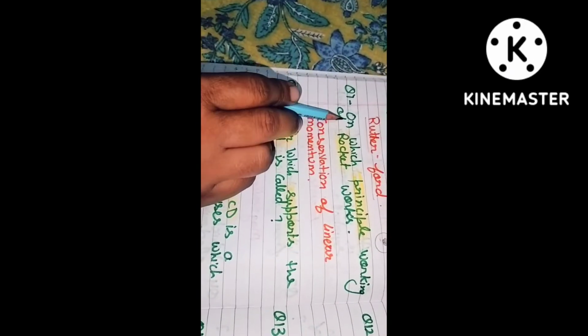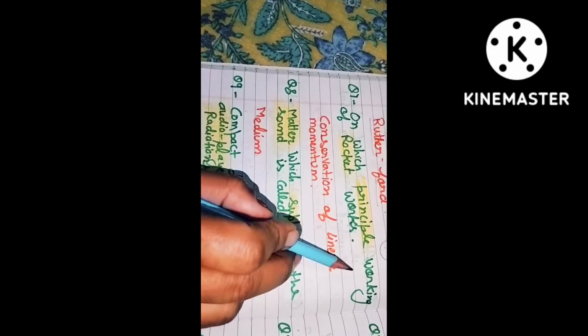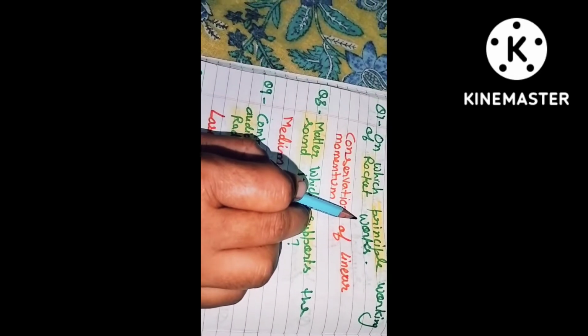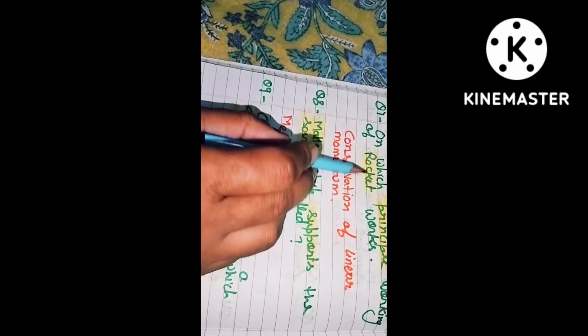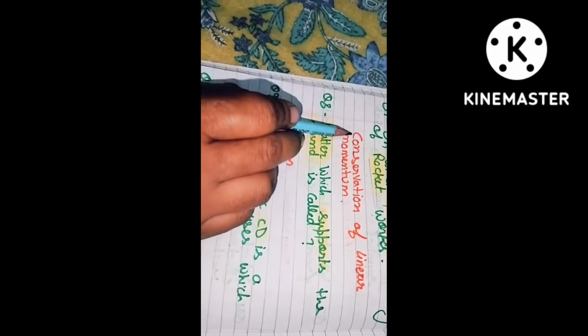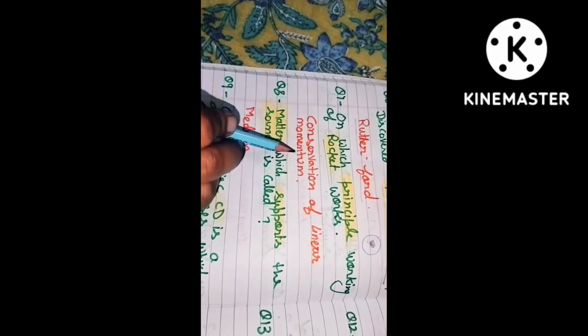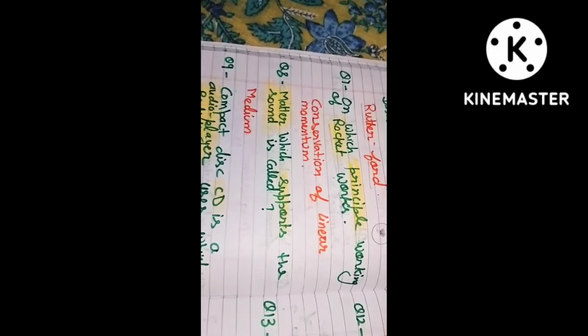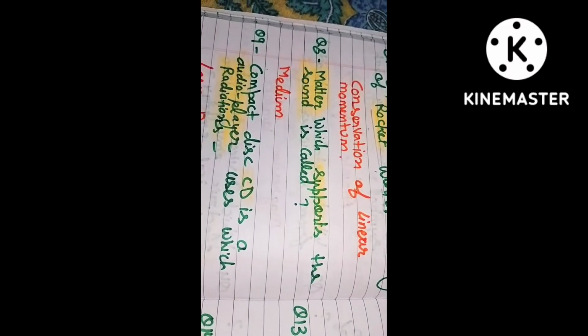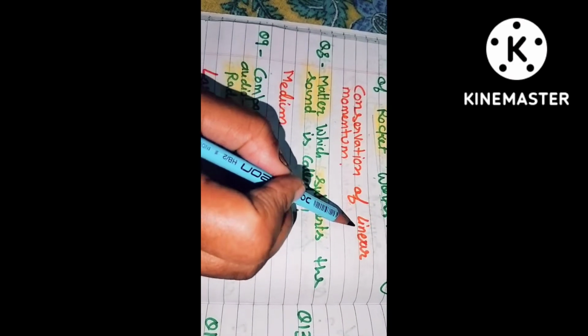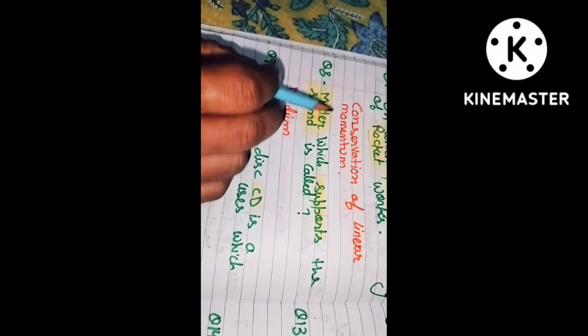Next, on which principle does a rocket work? The rocket works on the principle of conservation of linear momentum. Next,